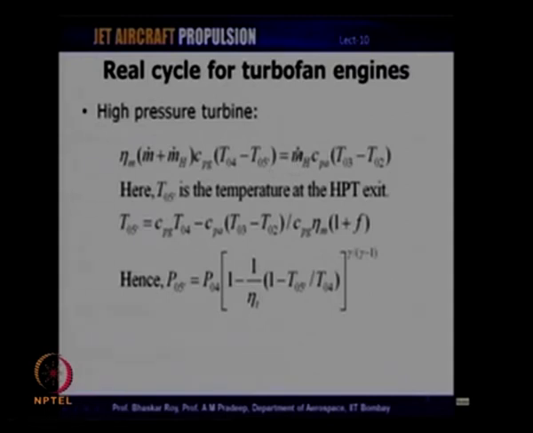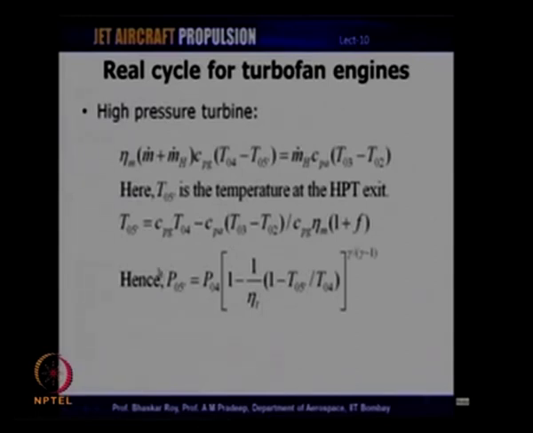This is equal to the mass flow rate of air, given here by m dot h, which is the mass flow rate of the hot engine, that is the core engine, multiplied by Cpa, which is Cp of the air, and the work required by the compressor, (T03 minus T02). T05 prime is the temperature at the HP turbine exit. So, here if we simplify this, we can calculate T05 prime, which is the temperature at the HP turbine exit, which is T04 minus Cpa into (T03 minus T02) divided by Cpg into eta m into (1 plus f).